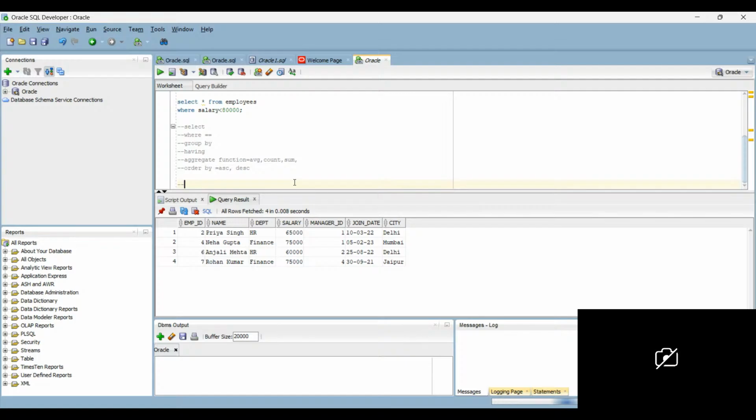Secondly, I apply that on the duplicate variable: select salary, count, so this is the aggregate function, count from employee, group by salary